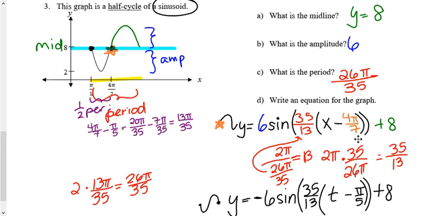Then I have another parentheses so that the phase shift just affects x. Again, if I'm starting at the orange star point, my phase shift was the 4 pi over 7 to the right. If I started at the black dot, my phase shift down here was pi over 5 to the right. The last thing that goes on the end is the vertical mover, or our midline change. I moved my midline up to y equals 8 instead of revolving around the x-axis, so I need a plus 8 on the end of any equation to show that I moved my graph up 8. Good luck on your practice. Remember, these have lots of answers, and you have to try different things until you can figure